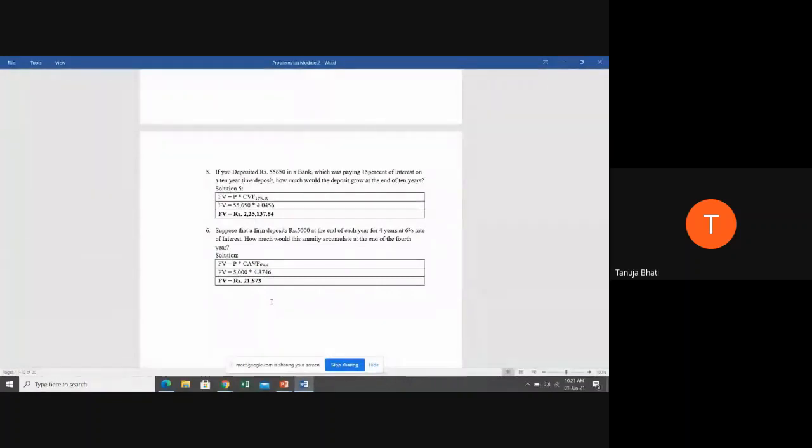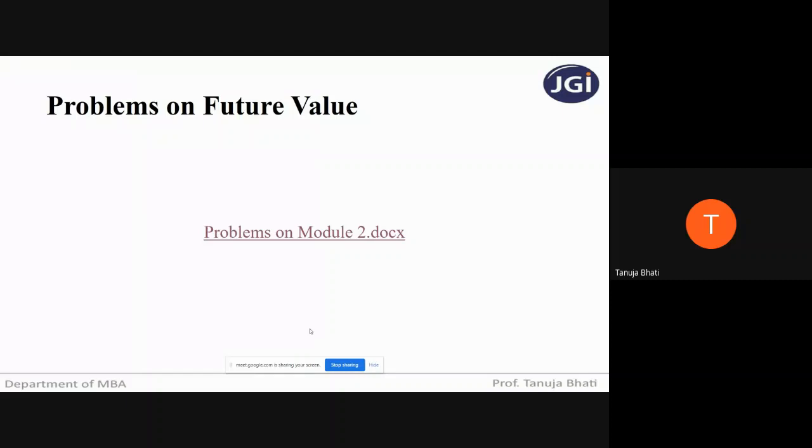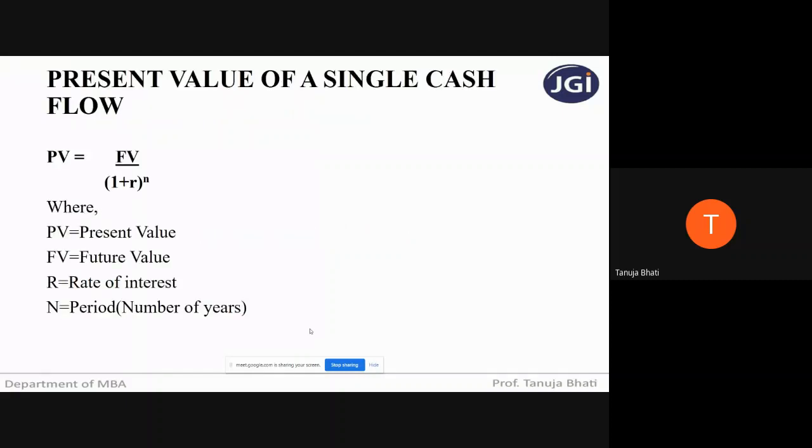So students, we have done a few problems on how to calculate the future value. Now we'll be moving ahead with how to calculate the present value. That doesn't mean I'm going to stop solving the problems here. This is just to show you all how to individually calculate the problems under the category of future value or present value. After I teach you all present value, we'll be doing mixed problems where I'll be asking you all what they have asked in the question, whether to find out the future value or present value. So we will be covering much more problems on future value, but under the mixed category. So now we'll again go back to calculating the present value.